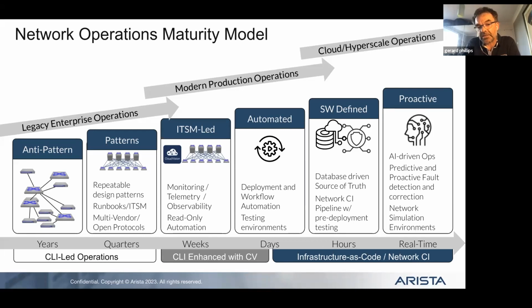We start to see the first bits of automation tend to be based on automating and adding in more complex monitoring, telemetry, and observability. That allows you to understand that your system is working well. After that, we could talk about automating the deployment of networks and services, new tenants, whatever it happens to be, new leaves, expansion, new facilities, new DCs.